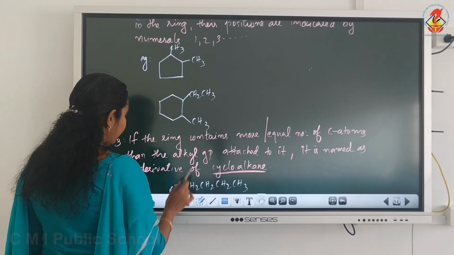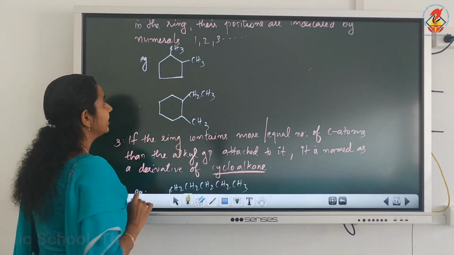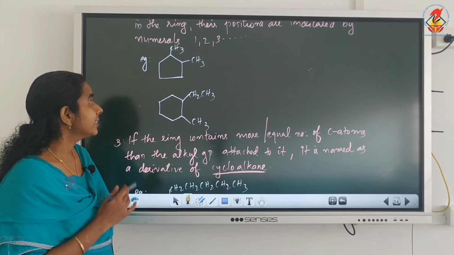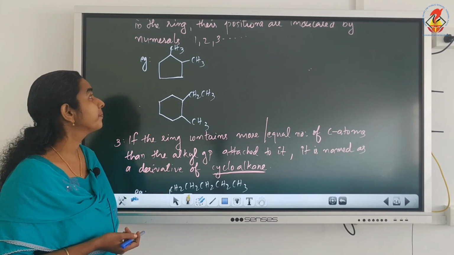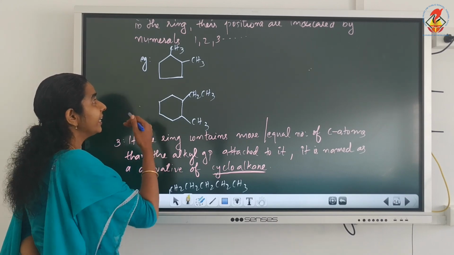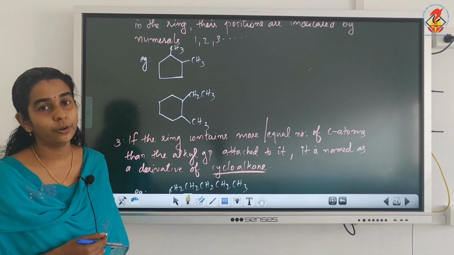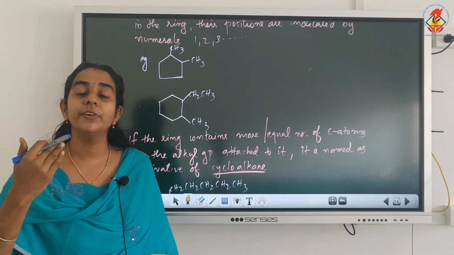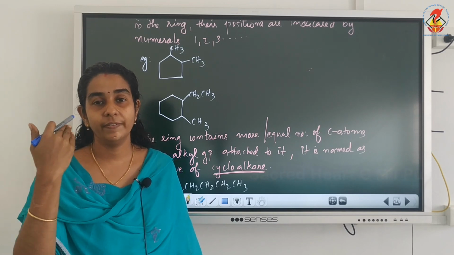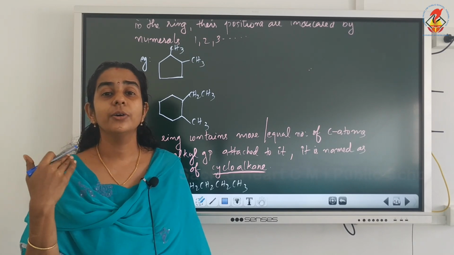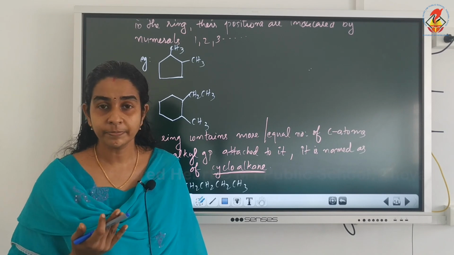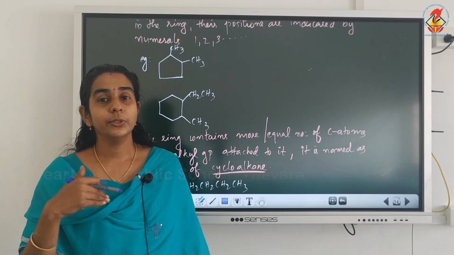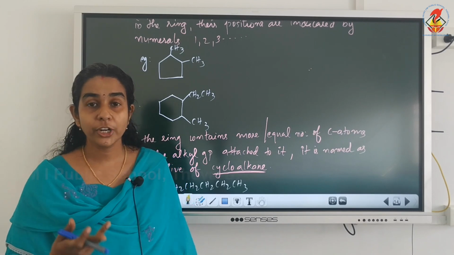For example, we will see the naming of an alicyclic ring containing alkyl groups. See the first compound, yes, it is a cyclopentane ring, that is a 5-membered ring containing 2 methyl groups as substituents or branches, isn't it? So here instead of a chain we have to give numbers in the ring. When we give the numbers to the carbon atoms present in the ring, just like the chain, here also the branches or the substituents or the functional groups should get the